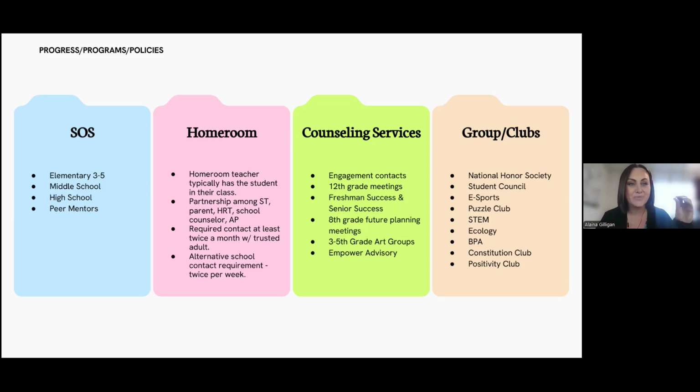With our homeroom teachers, they're the ones that are monitoring our students, and they are the ones that are seeing, oh, this student hasn't done any schoolwork for 5 days. Hey, school counselor, can you reach out? I can't get in touch with them, so that we are connecting with them as much as possible. We do require contact at least twice a month with a trusted adult. And then I'm going to turn it over to our school counselor, Barbie Green. She's going to talk a little bit more about that. But our alternative school does also require contact twice per week, just because those students need a lot of extra support. So I'll turn it over to Barbie.